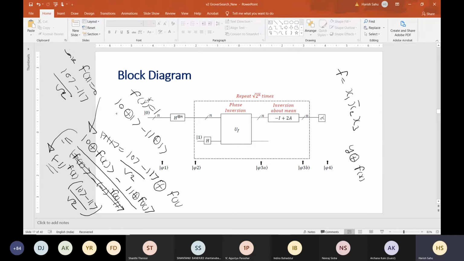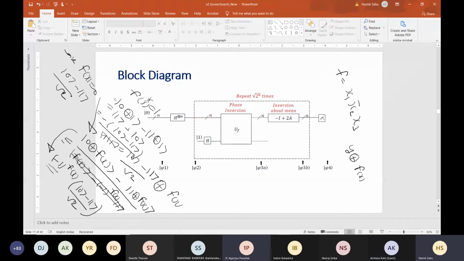What will it become? 0 XOR 1 is 1. 1 XOR 1 is 0. And I am taking the minus sign out of it. So again it will become 0 minus 1.